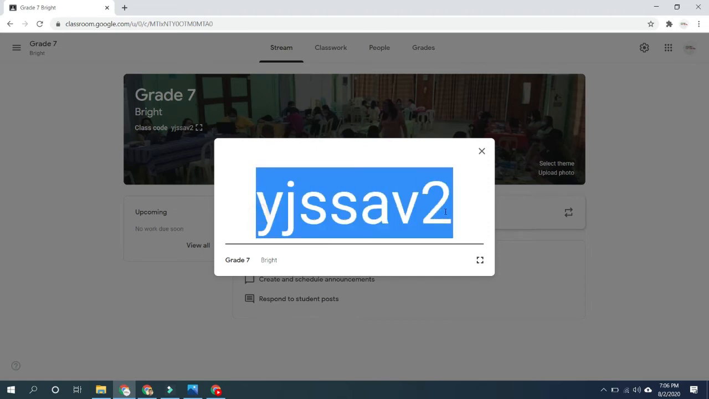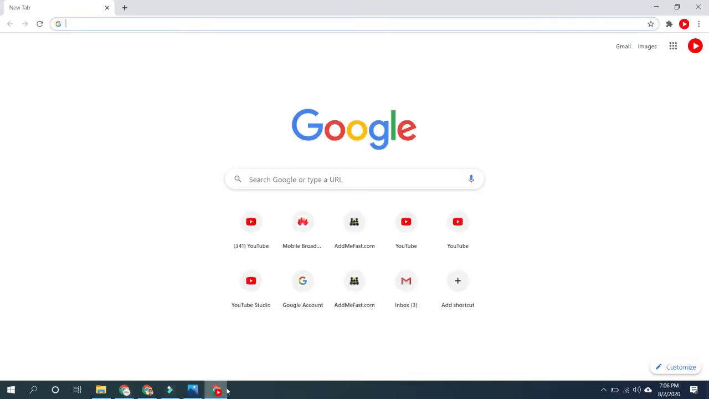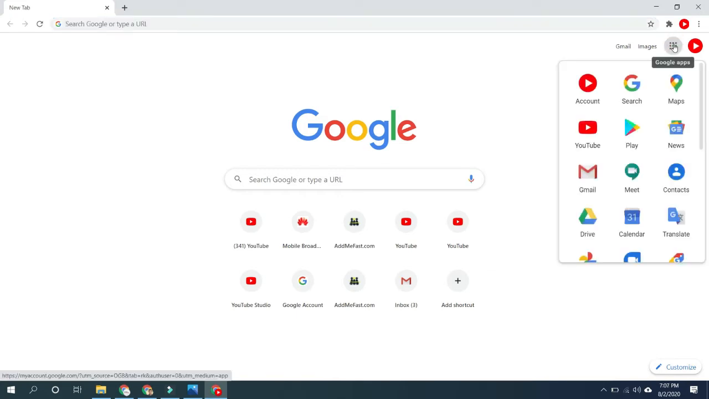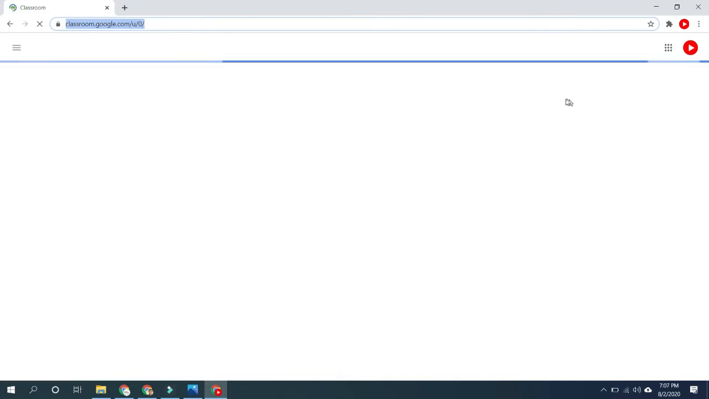All you have to do is provide this class code to your learner, and then from your learner's point of view, your learner will sign in with google.com. Your learner or student will click the Google Apps icon and then select Classroom. After that, your student will be brought to the Google Classroom dashboard,